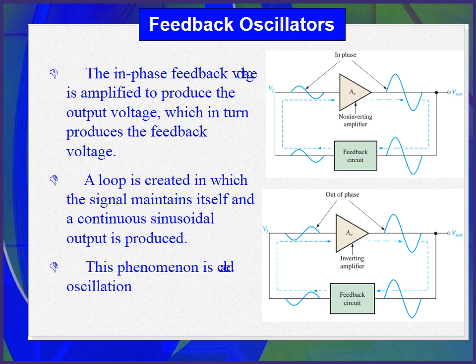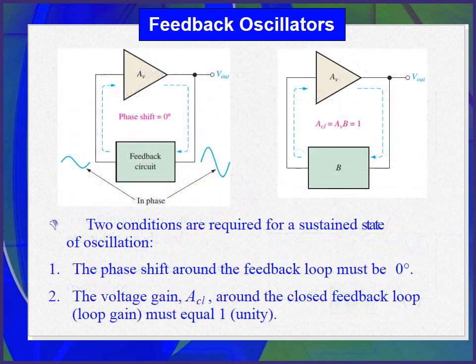In some types of amplifiers, the feedback circuit shifts the phase, and an inverting amplifier is required to provide another phase shift so that there is no net phase shift. This is illustrated in the second diagram.